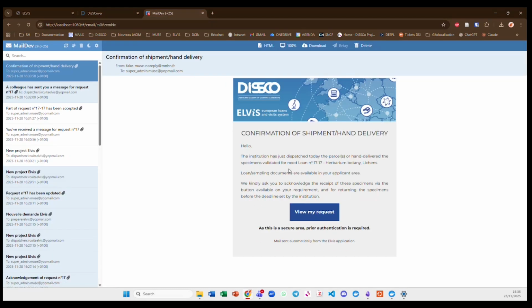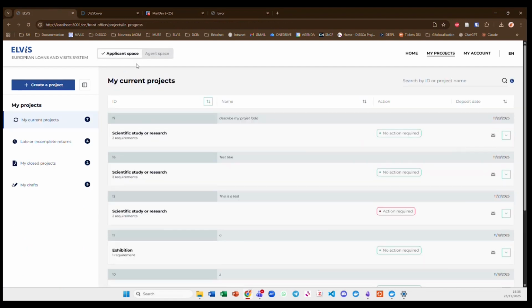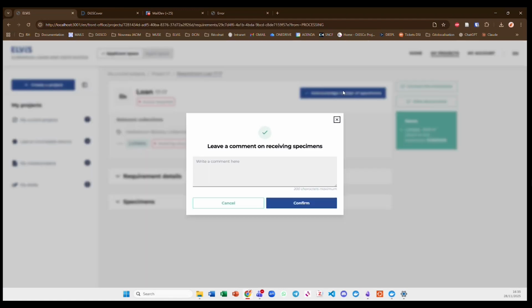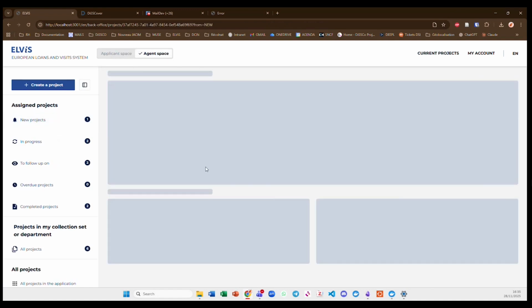And then he needs to go to his request. This will not work, of course, because this is a test environment. He will need to go to the request, and there is an action that is required. You need to say, okay, I've acknowledged that I've received the specimens, and I will be polite and say thanks. I confirm this, and then I will go back to the agent space,